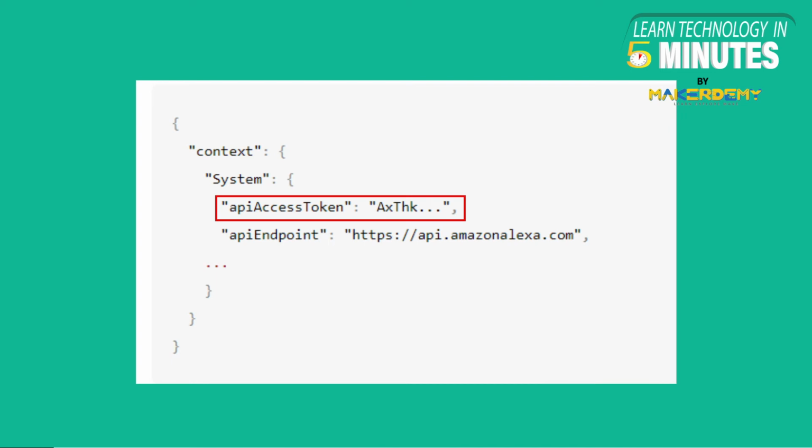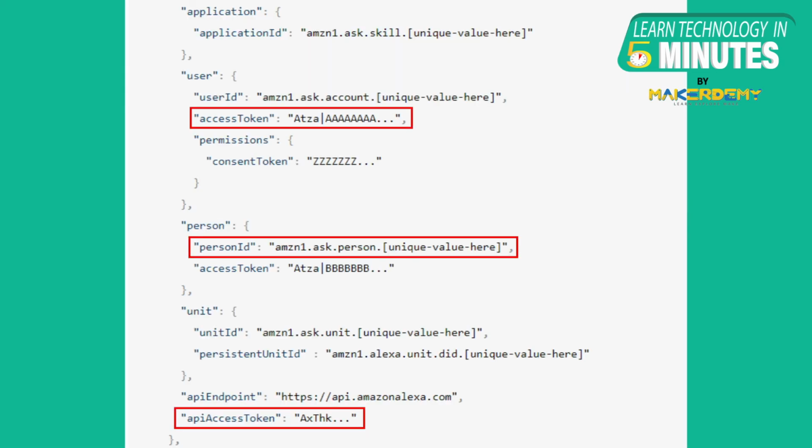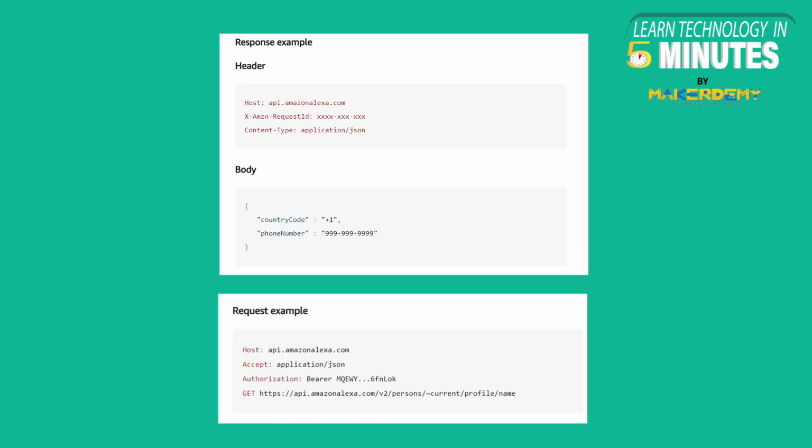When the user interacts with the skill, Alexa sends an API access token encapsulating the granted permissions each time a request is made. The API access token and personal ID are just strings of characters and numbers. They don't contain personally identifiable information. You have to retrieve the API access token and use it as an authentication token in the request you send to Person Profile API. You have to get a fresh token from each request as it expires.